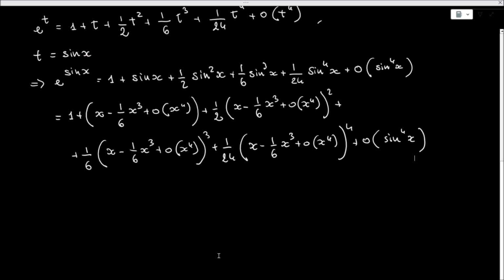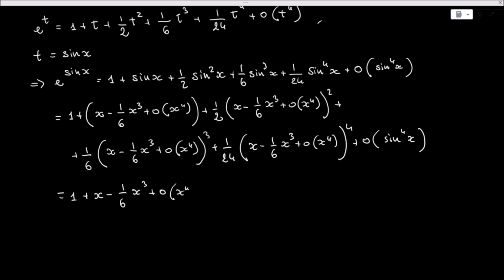Now let's see. Because we need just to have the expansion up to the order 4, from developing all these terms, we get, well, 1, of course, it will remain exactly as it is. Then we have plus x minus 1/6 x to the cube. This remains exactly as it is, plus little o of x to the 4. And then we have plus